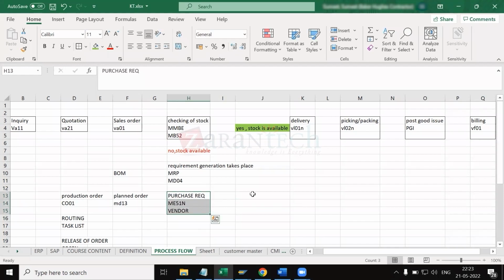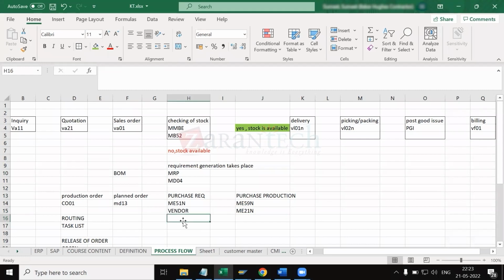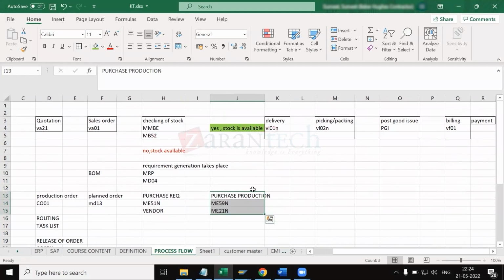So based upon the purchase requisition, the famous purchase order will be created automatically. If in case there are some checks available, or if you want to create the purchase order manually, you can do it. The transaction to do it automatically is ME59N. If you want to do it manually, you can use ME21N. Here you will have your material, quantity, and vendor, and the same information will flow to the purchase order. As soon as you create a purchase order, which is PO,